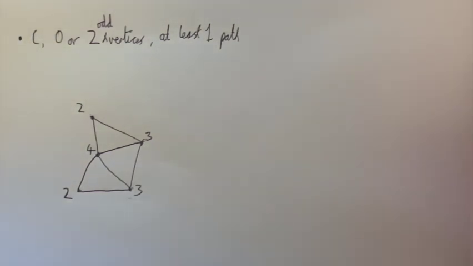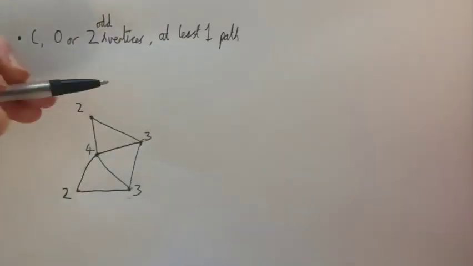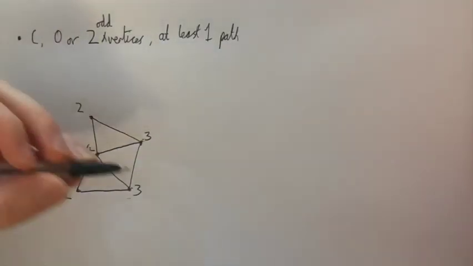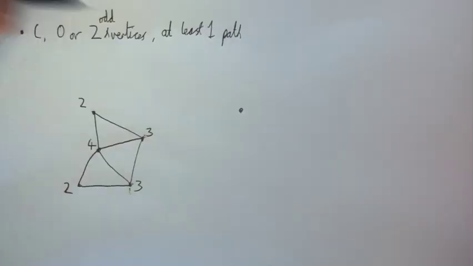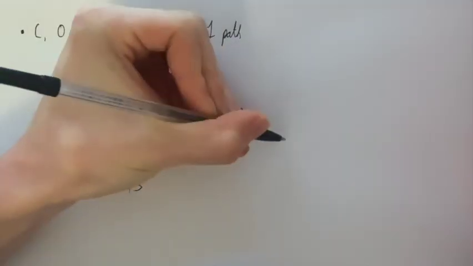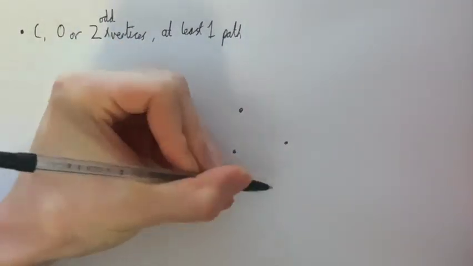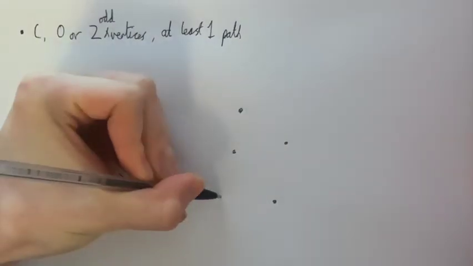We can use Fleury's algorithm to find this path. So Fleury's algorithm states, if you remember, if there are 2 odd vertices, start at one of these. If there are 0, you can start anywhere. So in this case, we have 2 odd vertices. Let's start at this one. I'm going to redraw this graph